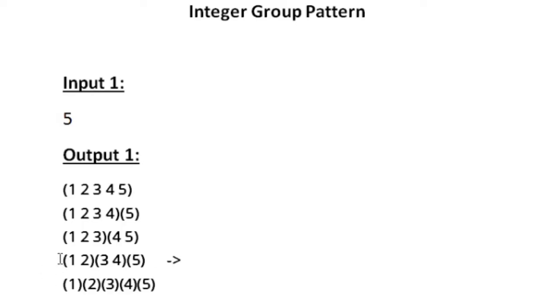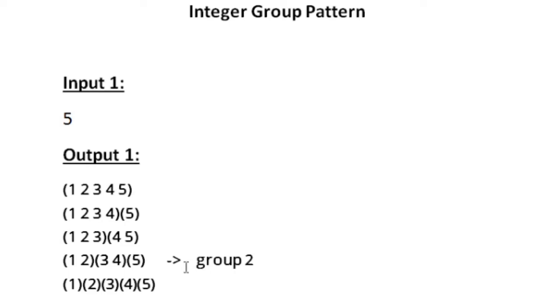So let us consider this line of our output. Whenever we want to print the open parenthesis, we used the value of j, and whenever we wanted to print the closing parenthesis, we used the value of j plus 1. So initially the j loop starts from 0 and iterates only till n minus 1, and in every line we print only the value of j plus 1. That is why we get our output 1 to 5, but the actual value of j is from 0 to 4. So in this line we have to group the integers 2 by 2.